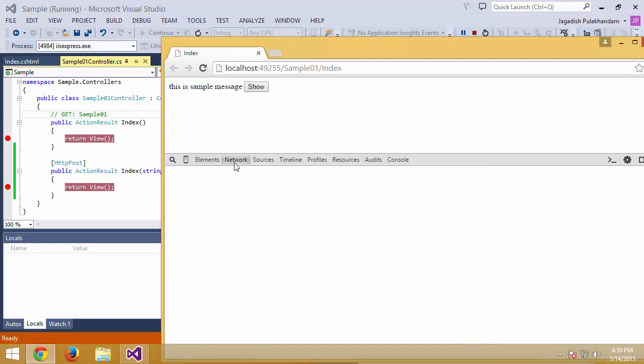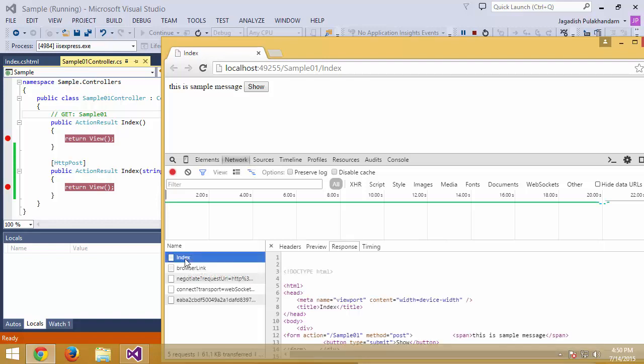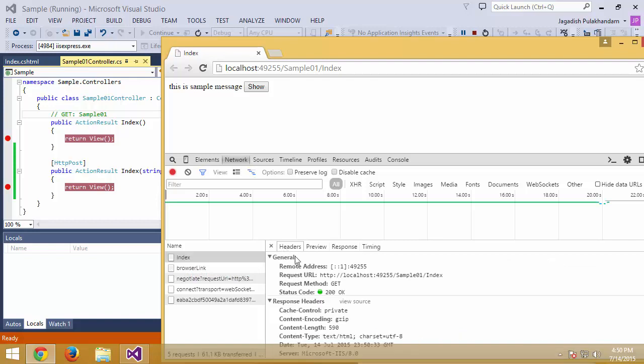So let us switch back to network, and you are going to see you actually asked for index. You can see that sample01 index. So let us take a quick look at this one. If you switch to headers, you are going to see that particular operation is of type get. This is very important. Whenever you type something here and press enter, you are actually doing a get request